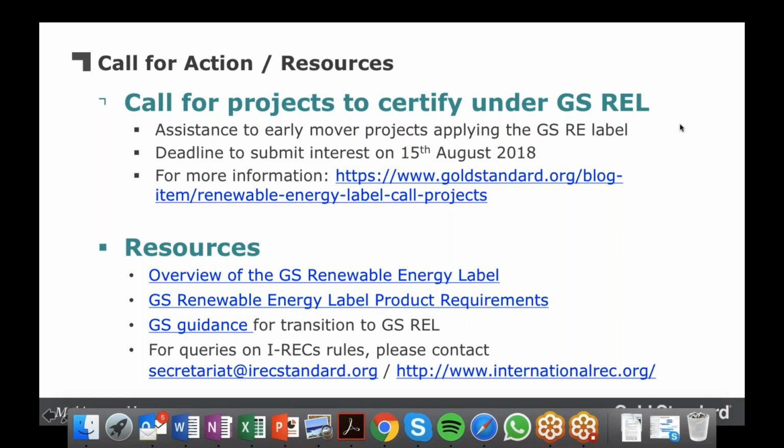So I encourage you, if you're interested or some of your clients are interested, to submit your interest and share your project details. You can find more information in the link included here on this page, and it includes the guidance document that can be followed for the process for certifying using this label, as well as a simple form to submit to us with some of the project details.